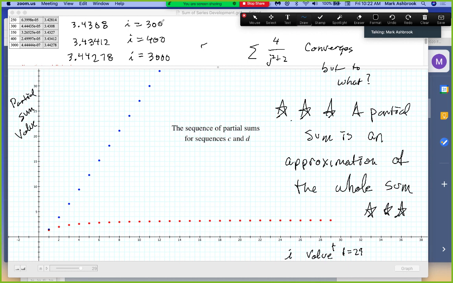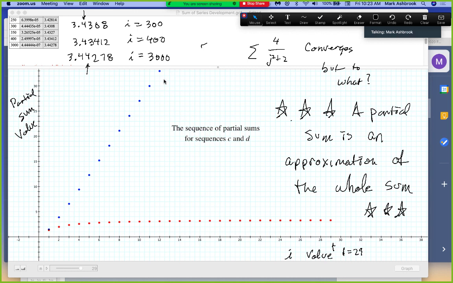So by the time we got to I equals 300, pretty much this decimal place was locked, 3.4. And then notice that when we went from 400 to 3,000, it went up a little bit more, that probably locked in to the 100th place. Will it ever reach 3.45? Don't know. Don't think so, but maybe, right? But there'll come a point when each decimal place gets locked, and we're only messing with smaller and smaller